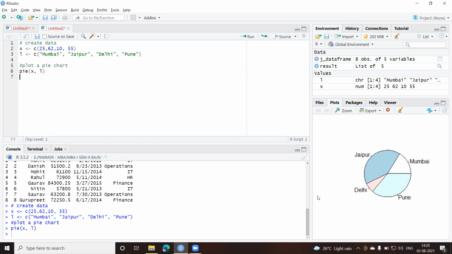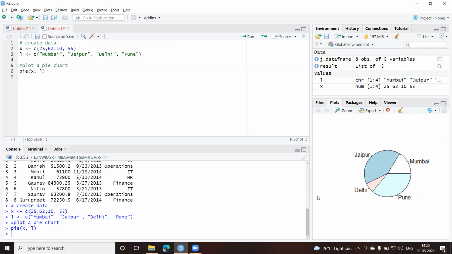So this is the default one which is coming, and as I increase the plot area, the circle might increase. And if I have to specify the radius, I can do that as well. So how much you want, you can specify. The next parameter is the title of the chart. So if I want to give a title to this chart, I can do that as well. That is your fourth parameter. And then comes your color.